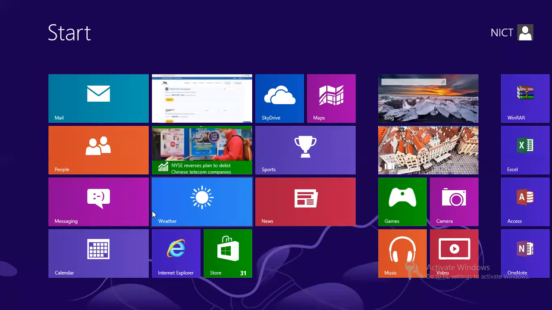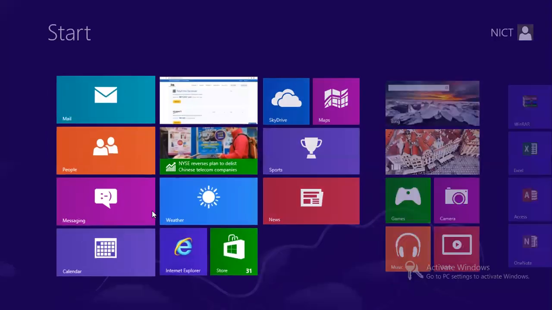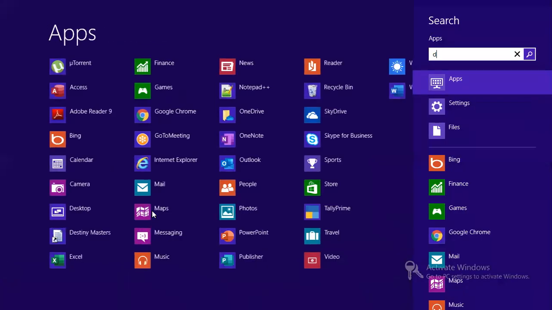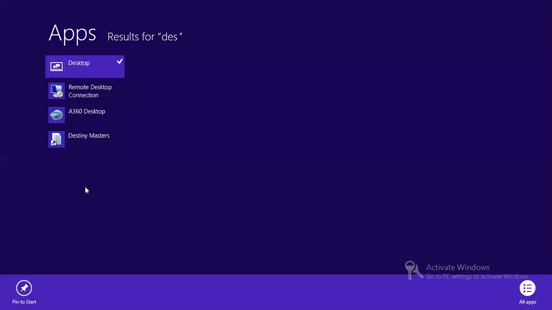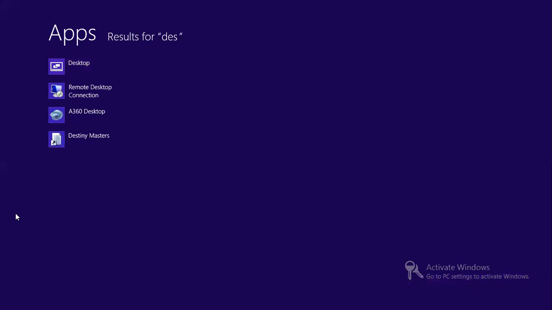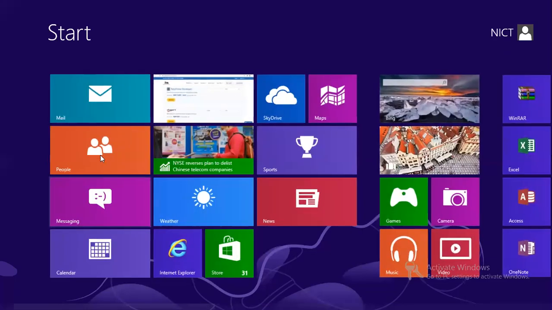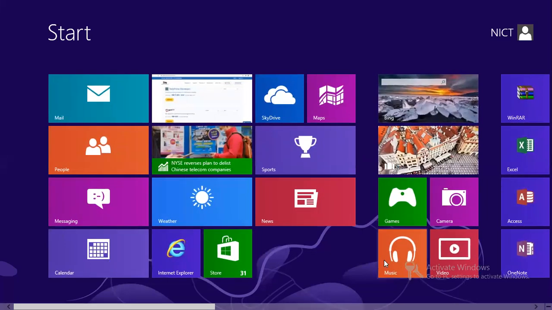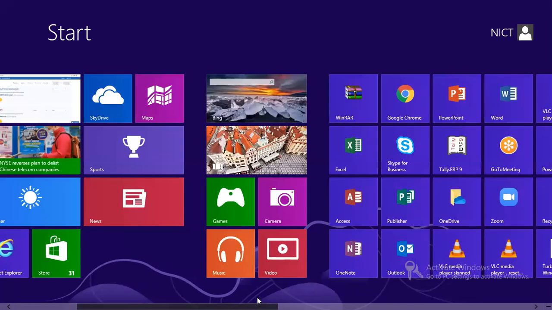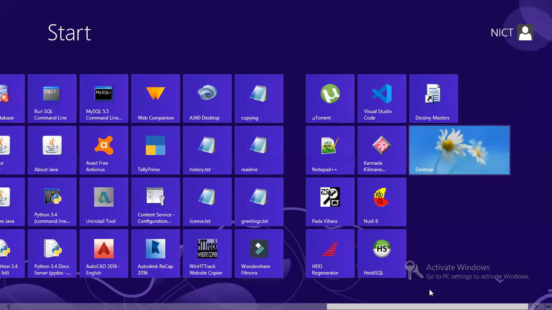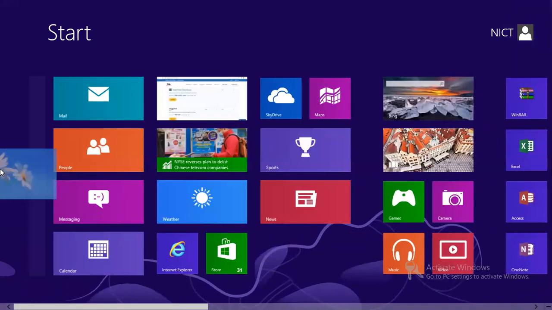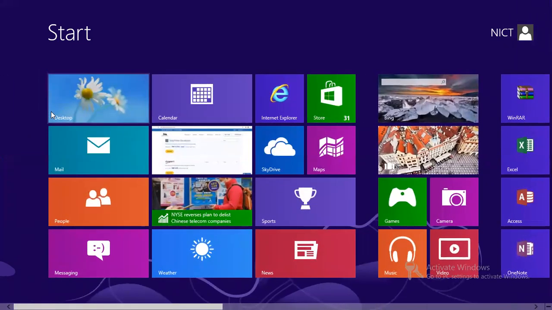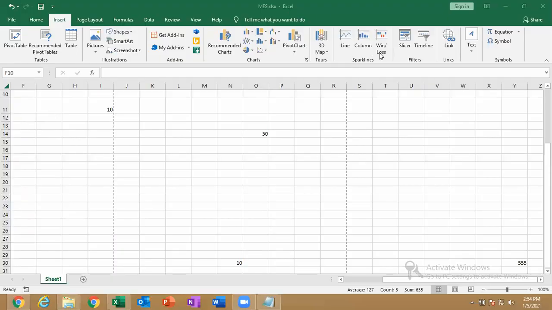Just click on the start button, type desktop, right click on desktop, and pin to start. Come back, click on the start button, and you see where the desktop is now. Here is the desktop. Just move it left, left, left, keep it at the top and press enter, and it will come up.